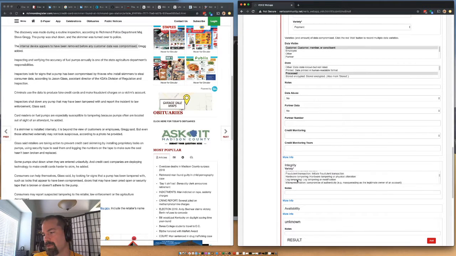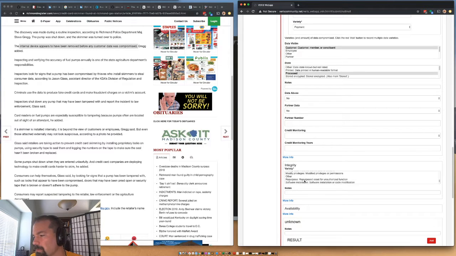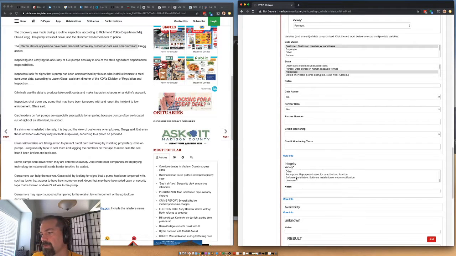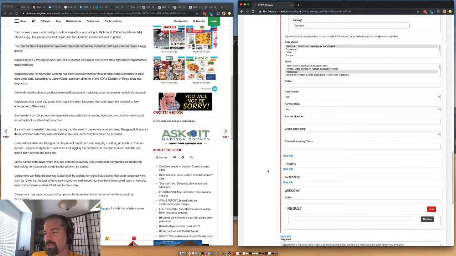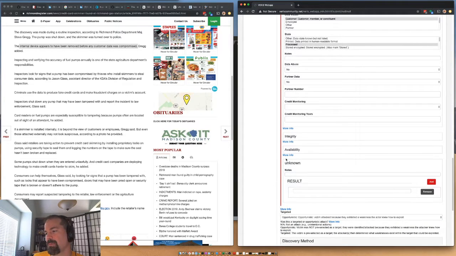Integrity, the integrity of the device was modified, because this is physical tampering. Let's see. Where's the physical modification? Defacement, create account, alter behavior. Well, maybe we don't have that. I thought there was a physical integrity change, but maybe we just count it. Oh well. And maybe I'm confusing the action and the effect, because I guess the effect is really a breach. The action is to modify the system.